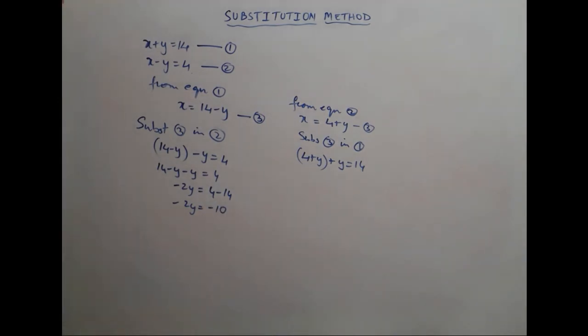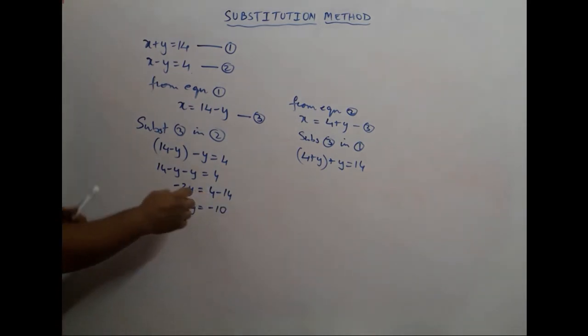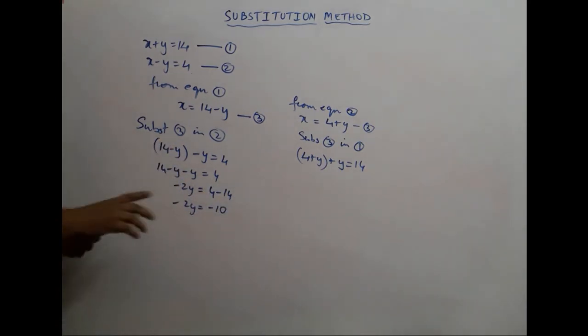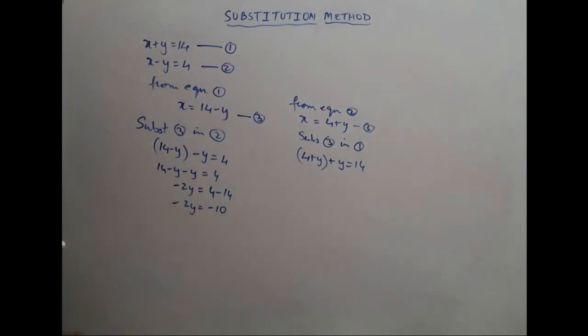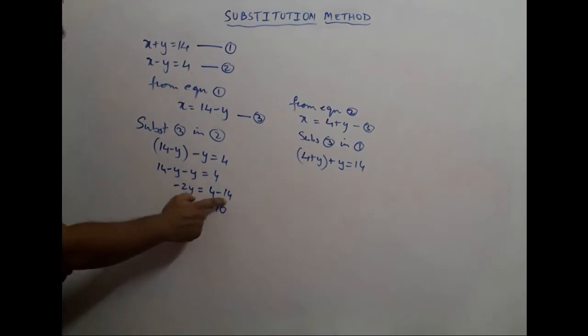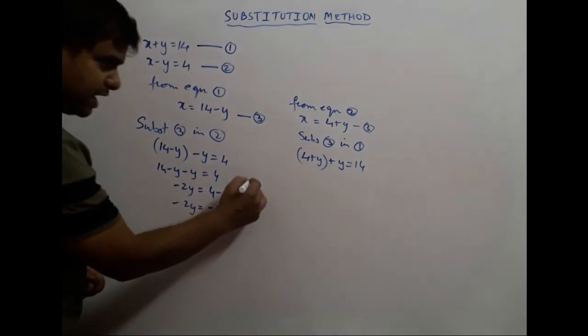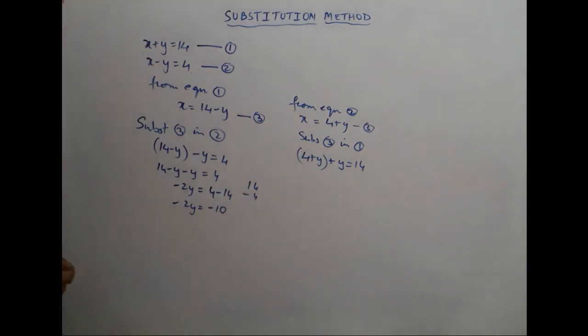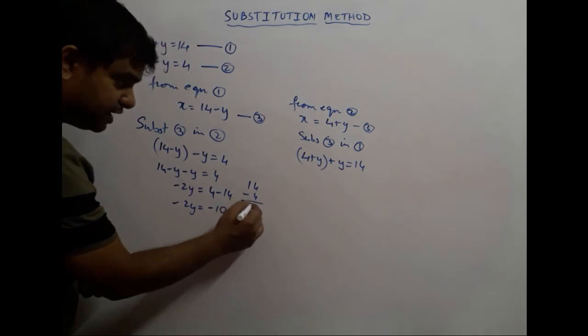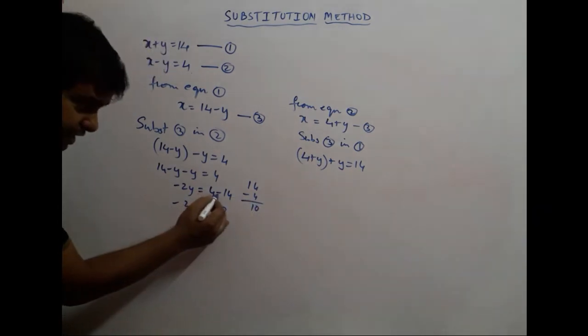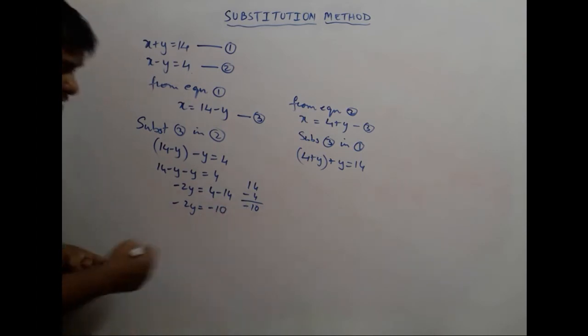Many times students make a mistake in calculating and getting this. Even 4 minus 14 they get as 10. No, always it is the sign of the greater number. Here the greater number is what? 14. So if you want, you can do it as 14 minus 4, because from 4 you cannot take out 14. This is mathematical. So you can do 14 minus 4, but you will not get 10 because the sign of the greater number is minus. So it has to be minus.